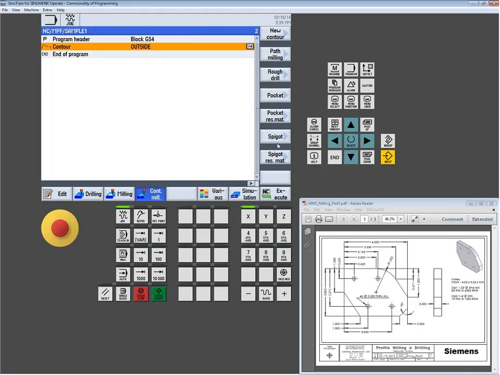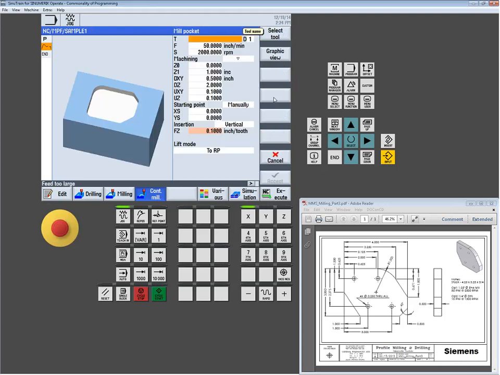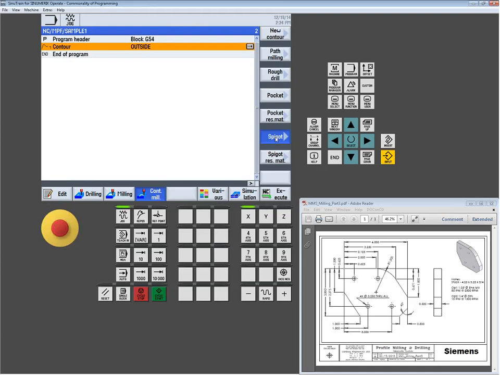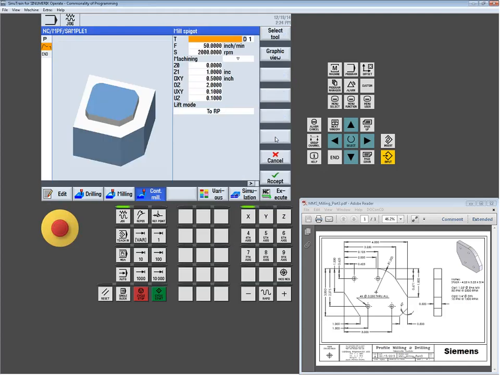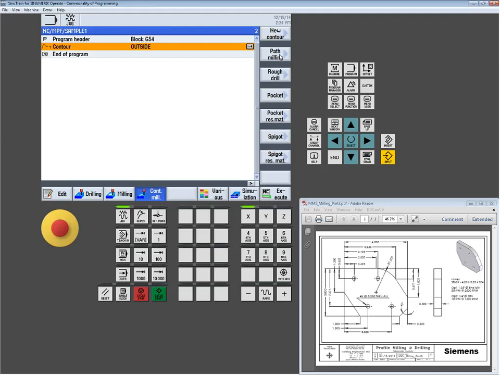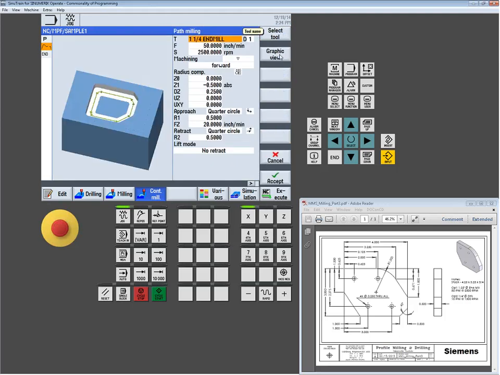So you have 3 primary operations here. I can path mill, which is profiling, which we're going to do in a sec. I can do a regular pocket, so if this shape happened to be in a pocket, I could link it to this, or I could link it to our spigot or our boss milling cycle. So this would machine up the shape. So like if you look here, you'd see where in the animated element, the cutter would start clearing all the material until I leave that boss standing. In our example, we're just simply profiling, so I'm going to hit path mill,